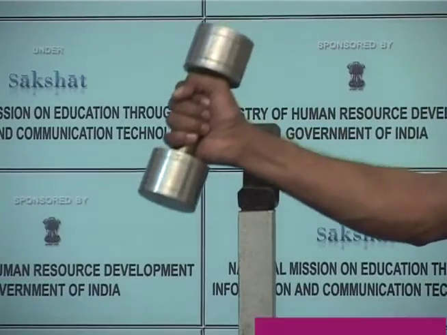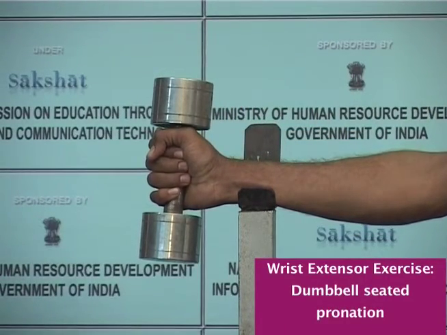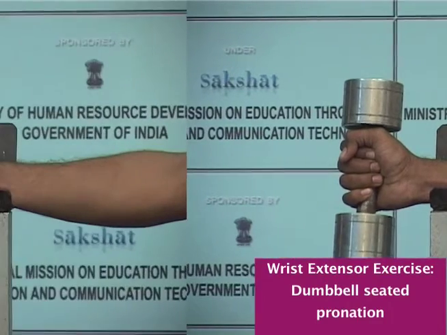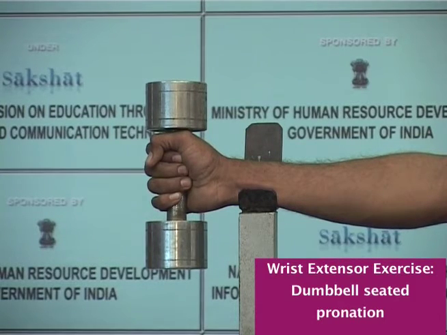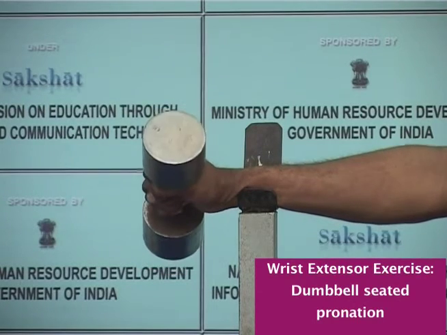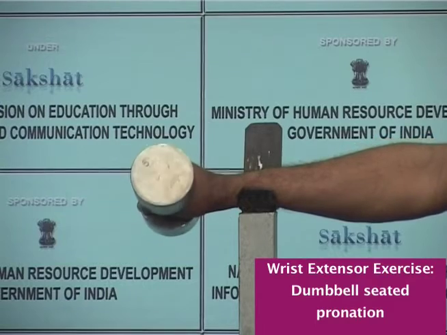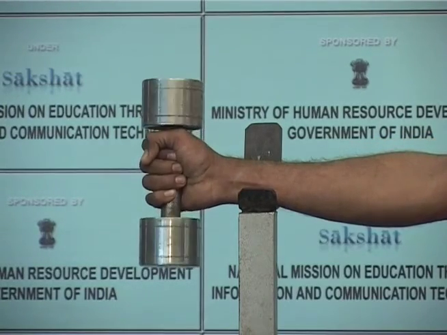Next type of exercise is the dumbbell seated pronation. That is, the subject should be sitting next to an elevated surface and approximately at the armpit height. Bend the elbow approximately 90-degree and place the upper arm on elevated surface, position the thumb upward, that is supinated. Then rotate the dumbbell so the thumb turns downwards, that is the pronation movement, and return to the original position. So, this is called dumbbell seated pronation.